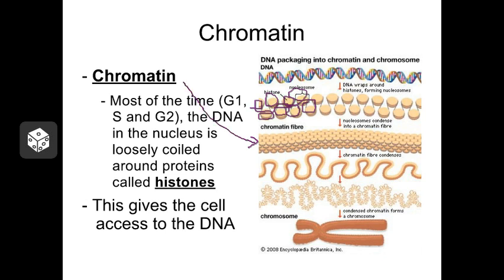Now, why does a cell do this? Well, DNA is long and stretchy like a long thread, and that can get tangled, it can break, it can be hard to work with. So what the cell does is wrap it around these proteins and organize it. This chromatin fiber is much easier to work with than just a big ball of DNA. It helps protect the DNA, but also gives enzymes access to that DNA when they need it.